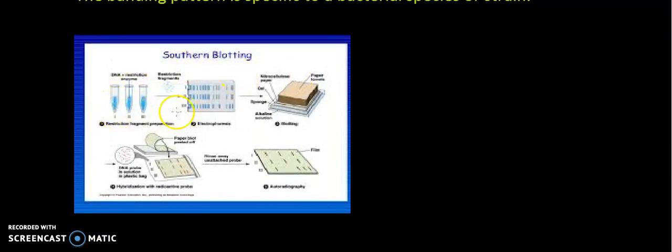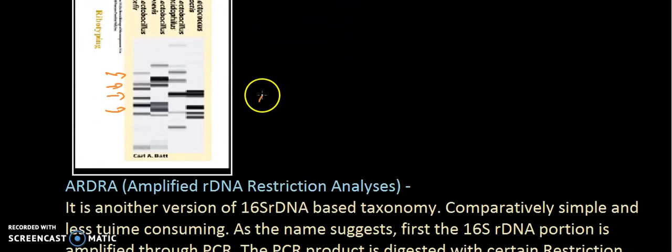So this is a very good tool, ribotyping. The DNA is first isolated, digested with a restriction enzyme and run on a gel, then transferred to a membrane via Southern blotting. This membrane is then subjected to hybridization with the 16S rDNA probe, producing an autoradiogram, an example of which has been shown here.